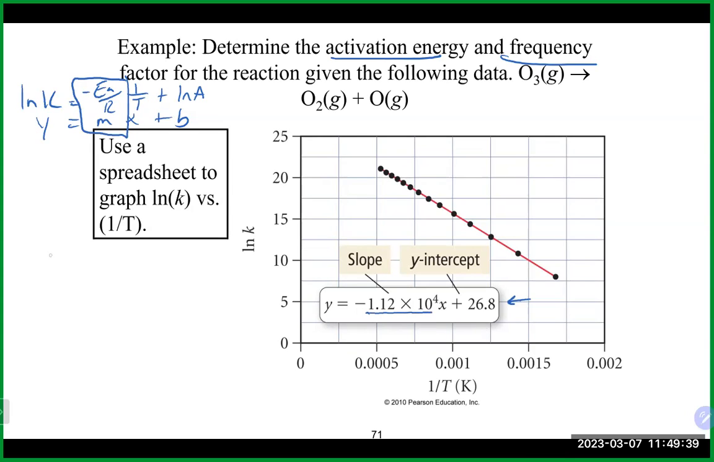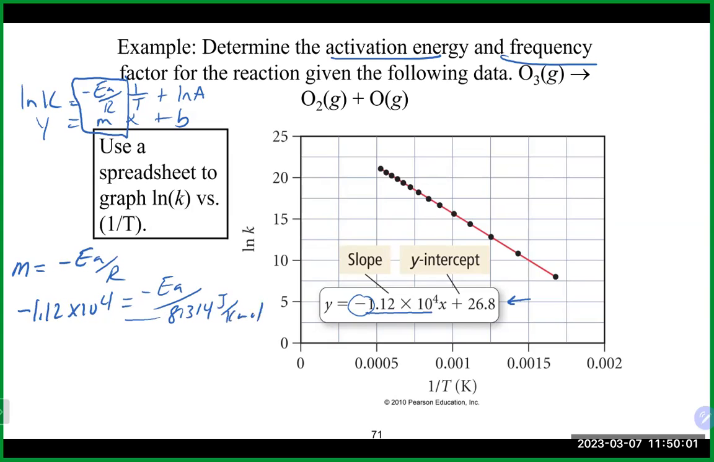That is the slope. So the slope here would equal minus Ea over R. We do want to take the negative with it since it is a negative slope that's happening here. That gives us negative 1.12 times 10 to the 4 equals minus Ea over 8.314 joules per Kelvin per mole. We're going to multiply the 8.314 to the other side, and not just 8.314. We also want to take the negative over there as well. And that will get us, making sure to use our exponent button,